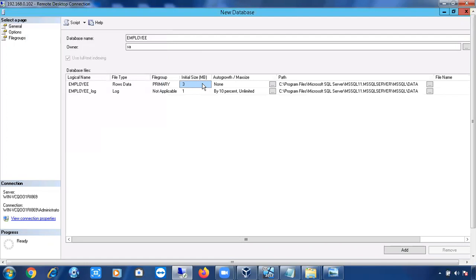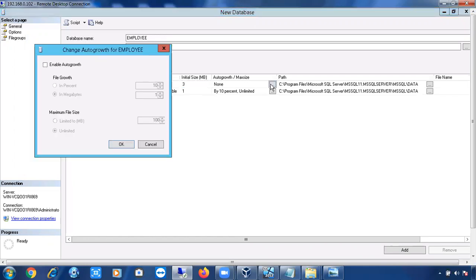If you try to insert any data in such a scenario, it will throw an error like data file is full. But usually in an organization we are not going to keep it as none. We are going to enable auto growth. There are some scenarios where we have to keep auto growth as none, and I'll tell you in which scenarios. So you have to enable auto growth on each database.